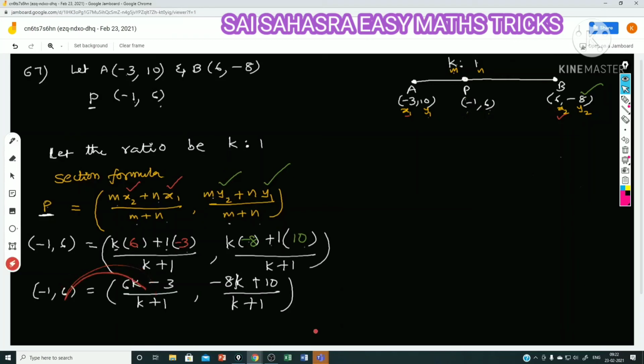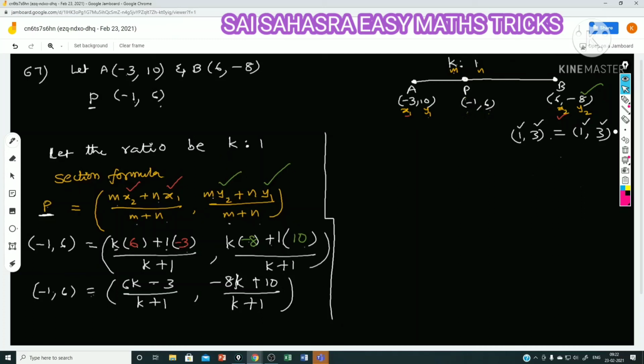After they are equal, then their x coordinates are equal as well as y coordinates are equal, no? So when can we say that the 2 points are equal? If this is 1 comma 3, another point also 1 comma 3, both points are not different, both are equal, we can say. Why are they equal? X coordinates are equal and y coordinates are also equal. So because of that reason, we can apply this technique only. Because of this equality sign, their x coordinates are equal and y coordinates are also equal. So let me go with the x coordinates are equal.